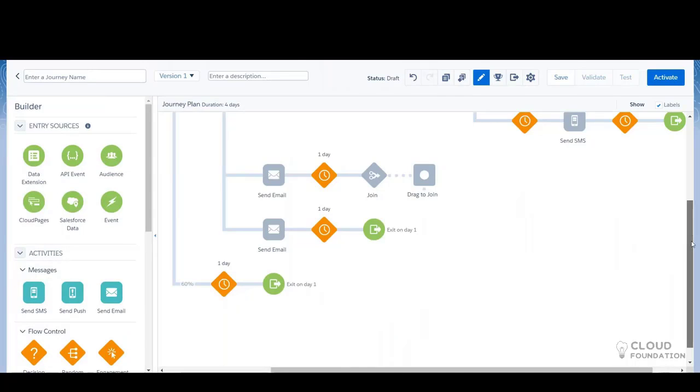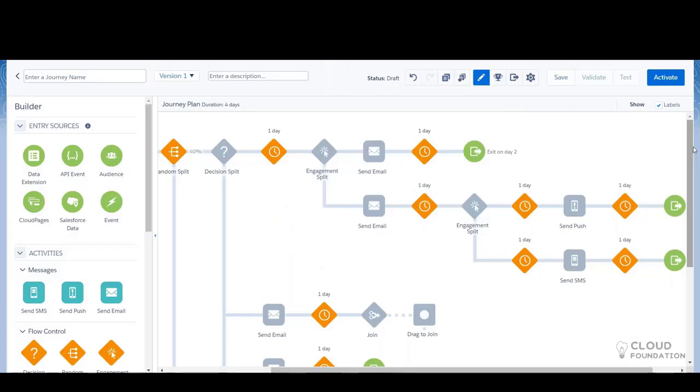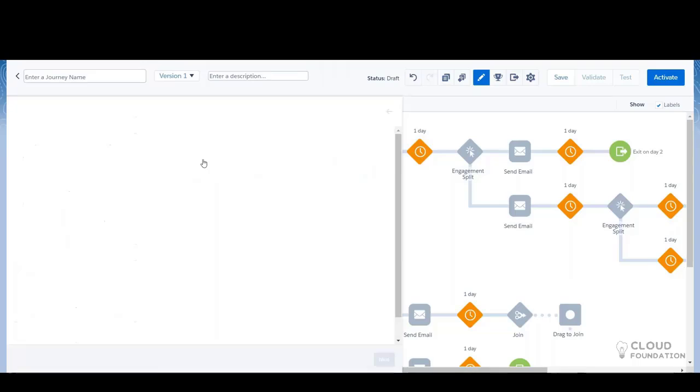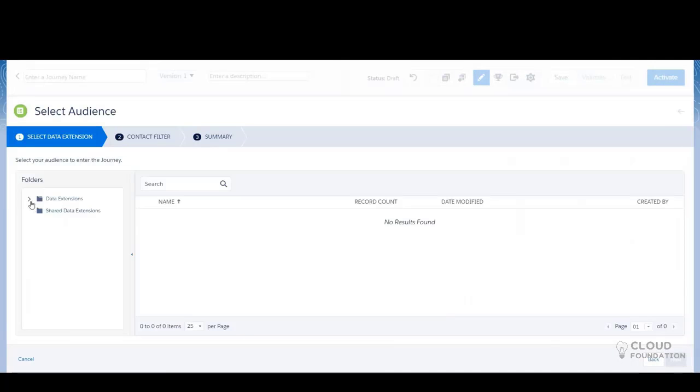Basically, you have the different channels, right? Emails, SMS, push. You can use all those channels, reach out to customers, and have that automated. Just think of this as a flow within Salesforce, and you can design all your flow charts based on your business requirement and business use case within Journey Builder. You can have any entry source: API events, audience, automation, all that. I'll just show you.